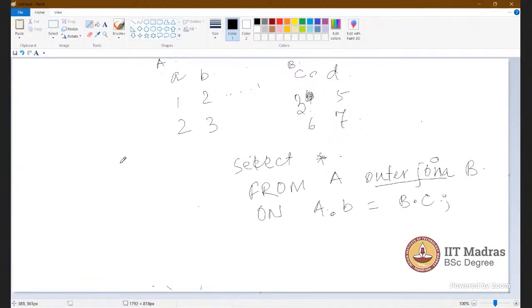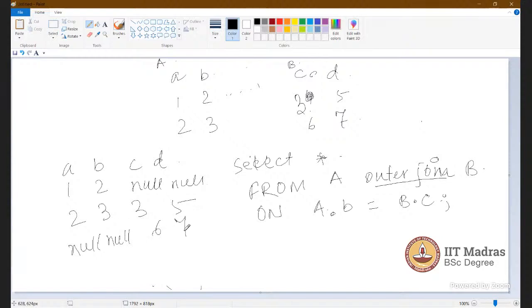Intersection one. You can see the condition on the table, A.B equals B.C. You will get one satisfying condition, so the output A, B, C is like this: 1, 2, null, null. The second one is 2, 2, 3, and 3, 3, 5. And the fourth one is null, null.